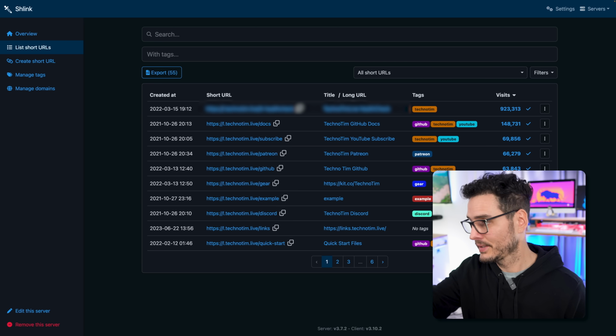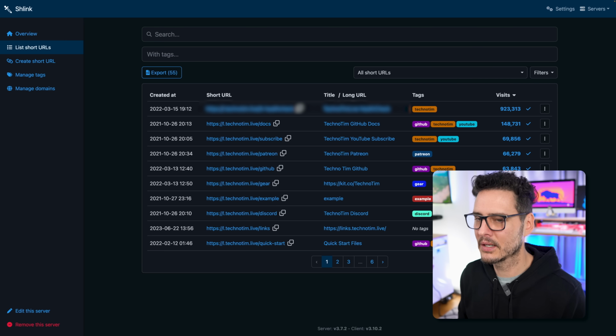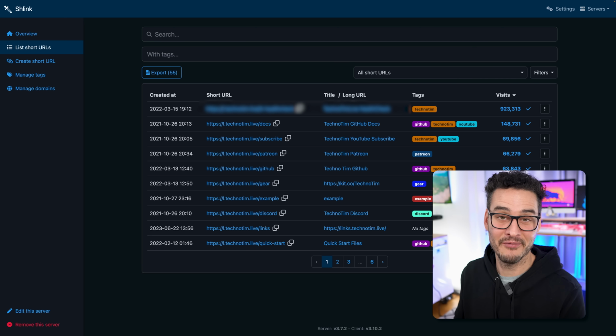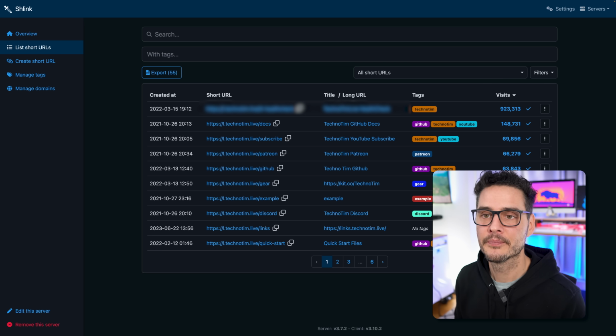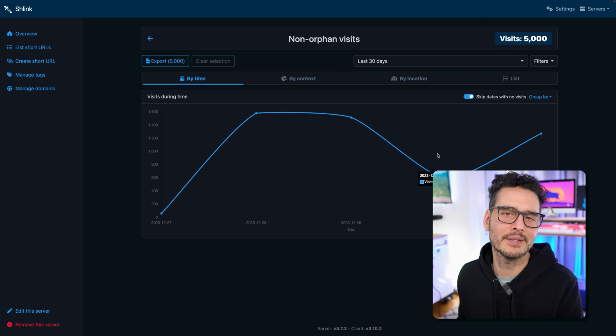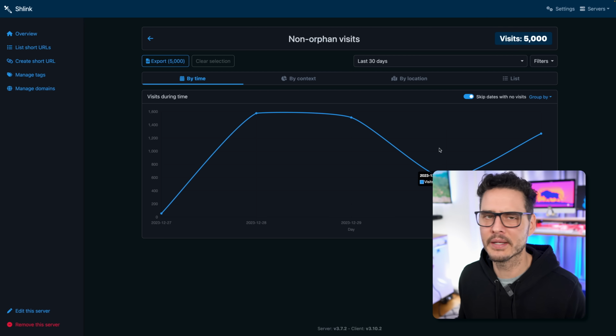And so you can see these get used quite often, and it also means that I have to have this highly available, which I do. I run, I don't know, 3 or 4 of these pods. The back end is Postgres, which is super nice. It's a database on the back end that I manage that is also highly available. And all of that runs in my Kubernetes cluster. But great solution if you need a link shortener. Shlink is absolutely the way to go. It's modern, feels nice, uses a modern data store like Postgres, and you get a little bit of metrics and some reporting and stuff like that, but really, really nice solution.